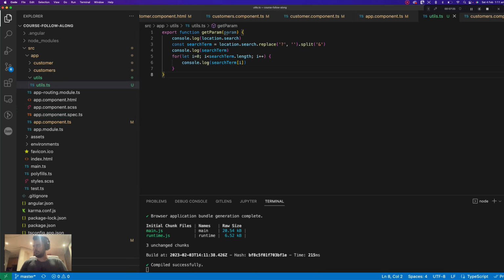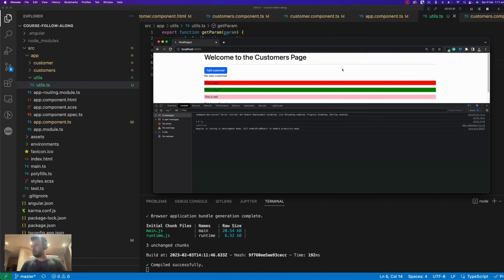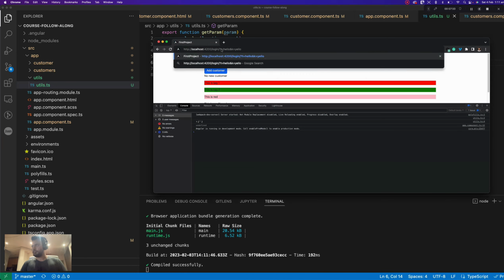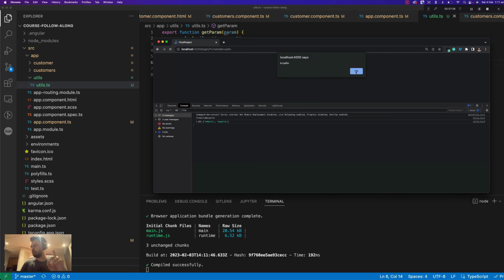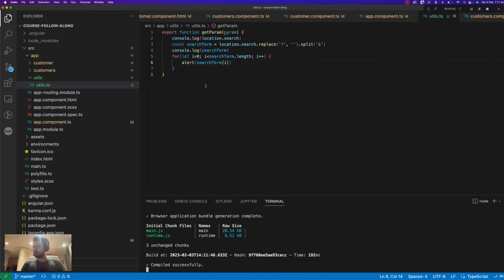So instead of console, let's do an alert. Let's see what I get. I'll go here. Obviously this won't give you anything. t is equal to hello. So I am getting my query parameters separated as a part of an array, which I am looping over using